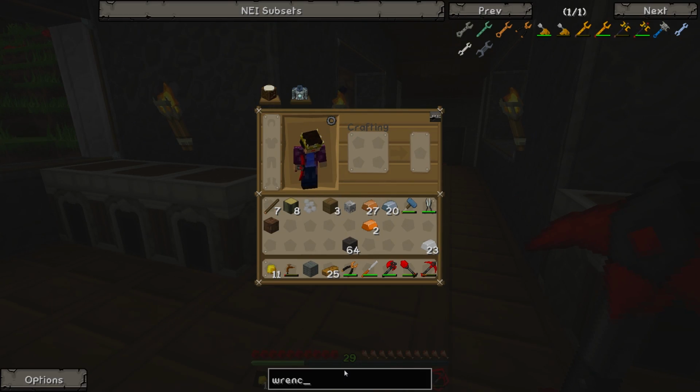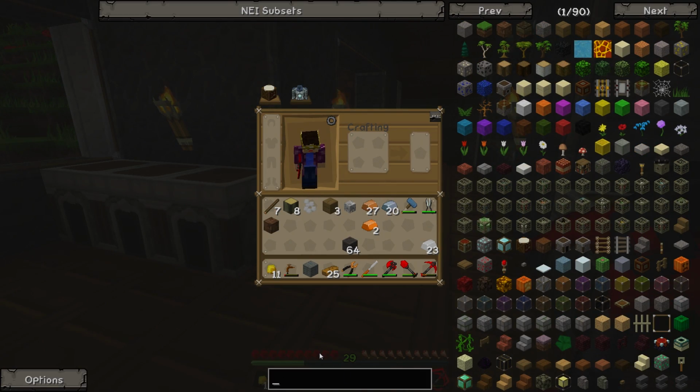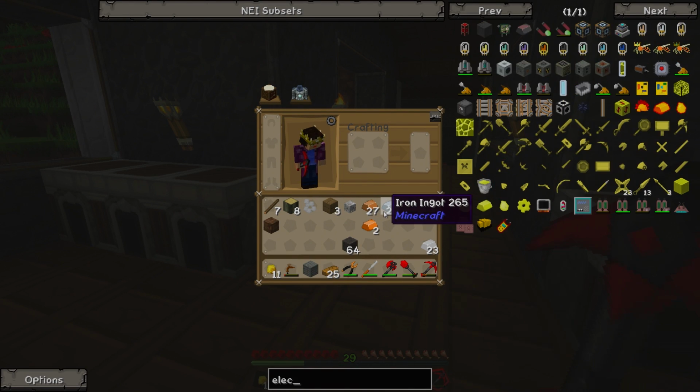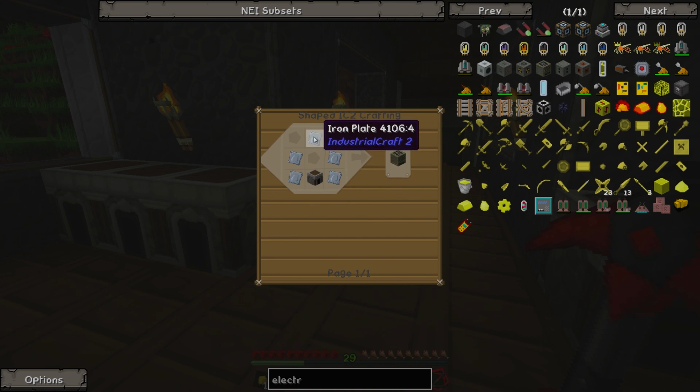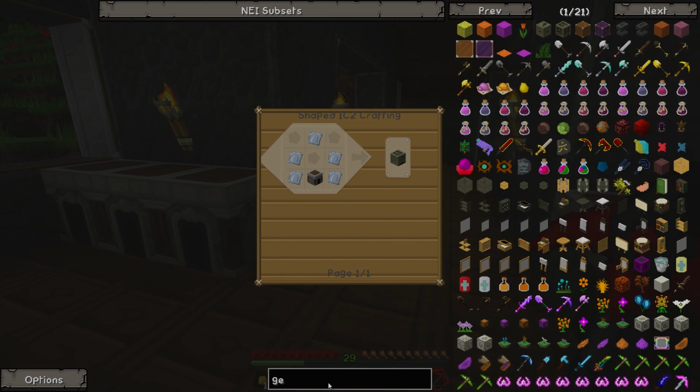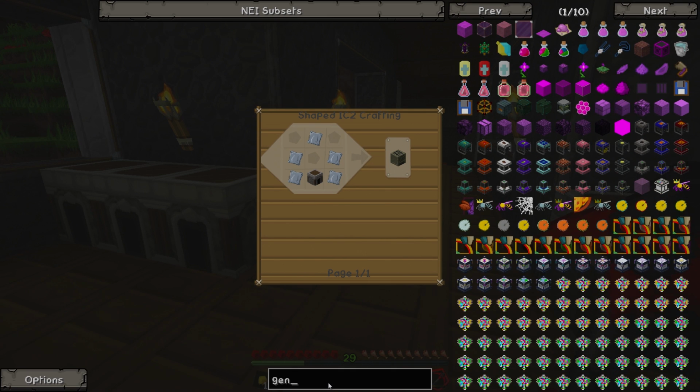Anyway, now we've got that, I guess we're going to go ahead and make a macerator again. But we're also going to make an electric furnace, which is this guy over here, which also requires an electric circuit, as well as a furnace and some iron plates, and we're going to make a generator. The electric furnace is basically a furnace that runs from IC2. It'll run on either redstone, or it'll run on EU, which is the power source, the unit of power from